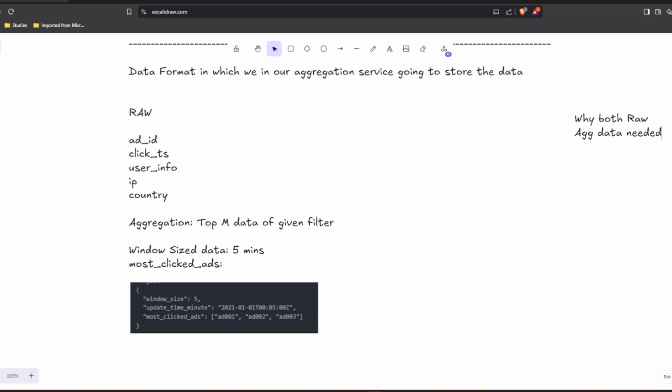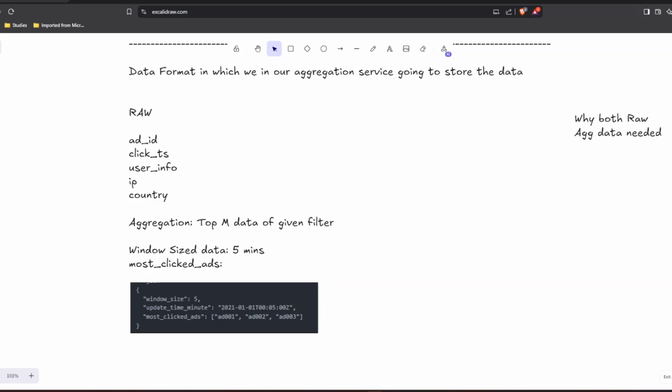Okay, so now the main challenge of the raw data is of course the cost, and the query performance will also be very slow because you will be directly querying tons and tons of data. Maybe a data lake sort of a place you need to query, which is really going to be slow. And aggregated data is needed because aggregation will give you the primary purpose of the system, that is the billing and the reporting. It will tell you that in the last 24 hours or in the last 30 days when you have run your whole campaign, this many clicks have happened,